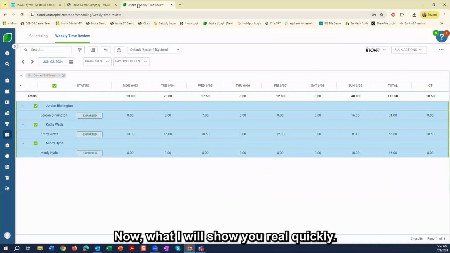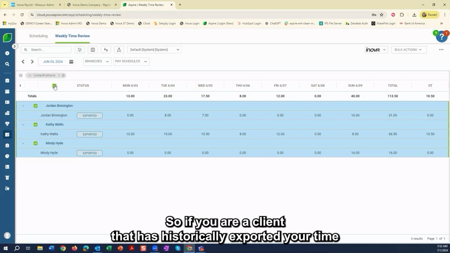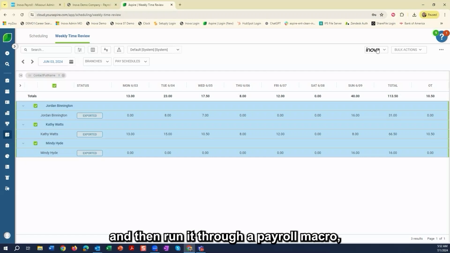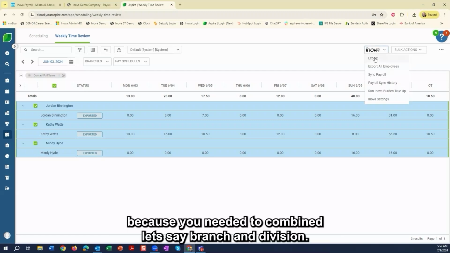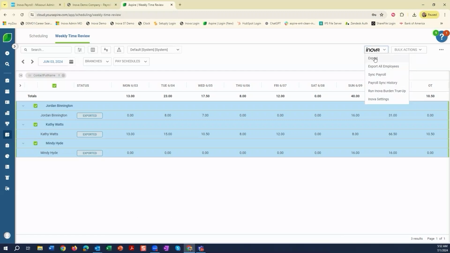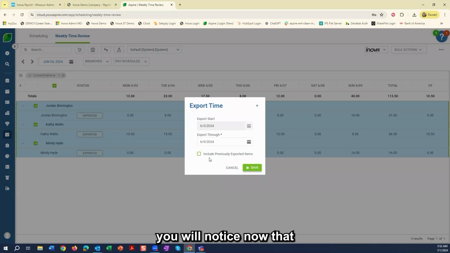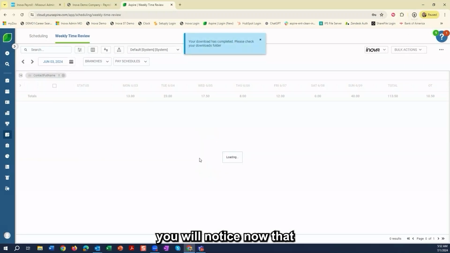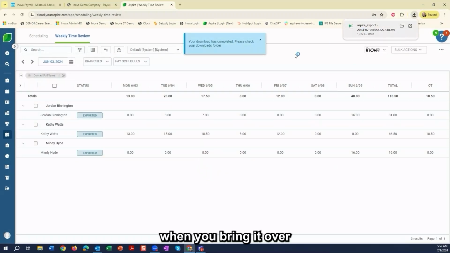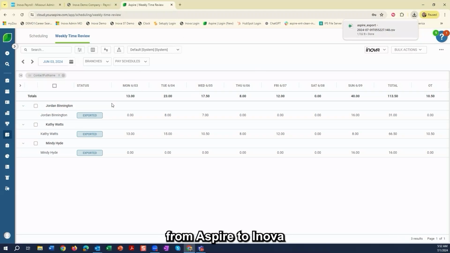Now, what I will show you real quickly is a new feature. If you are a client that has historically exported your time and then run it through a payroll macro, because you needed to combine, say, branch and division, you will notice now that when you bring it over from Aspire to Inova,